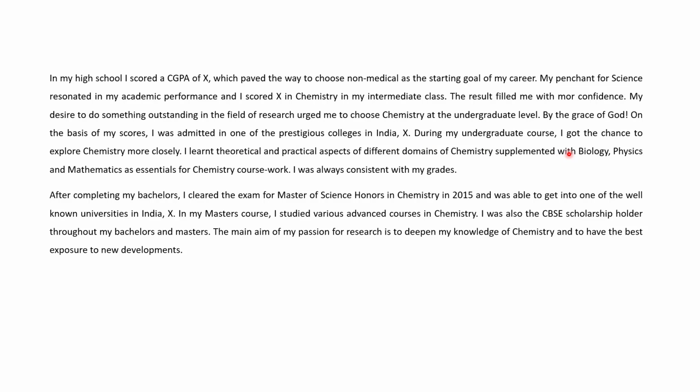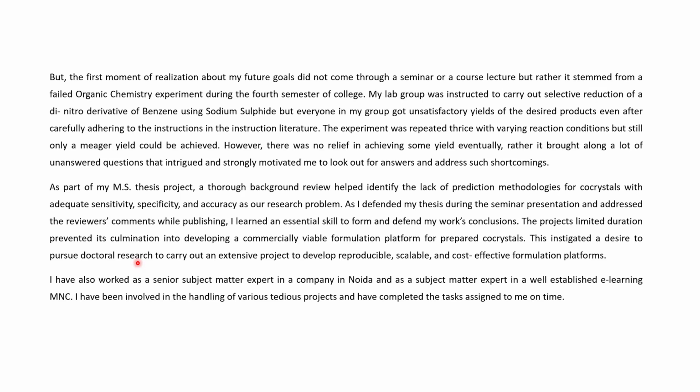And then you can talk about what all you studied in your undergraduate course. Like she has mentioned, I got the chance to explore chemistry more closely. I learned theoretical and practical aspects of different domains of chemistry, supplemented with biology, physics, and mathematics as essentials for chemistry coursework. After that, you can write about where you did your masters. And of course, after you've written about your masters, if you had any specialization, you can mention what kind of specialization you got and why you took that particular specialization. And then you can talk about some unique experience that you had which made you more inclined